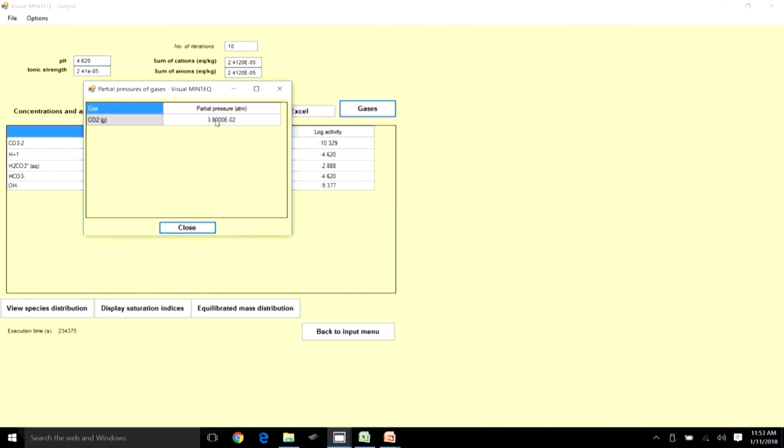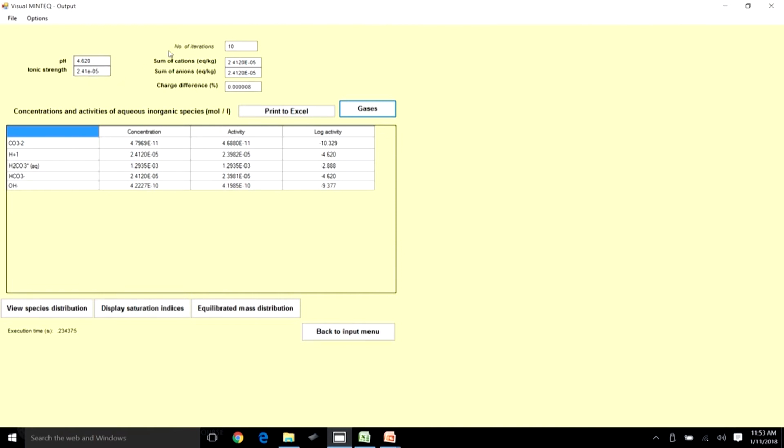And now let's run Mintek, and now again you see that the pH has fallen to 4.6. So what would be the carbon dioxide concentration in equilibrium with your particular system? So again we can look at that. More or less you could see that when the partial pressure was 0.038 atmospheres, it is going to be in equilibrium with your particular system, which is H2CO3 initial concentration of 0.001 molar. Or you can also click on gases here and see that when it is 3.8 into 10 power minus 2 atmospheres, this is the partial pressure of carbon dioxide that will be in equilibrium with your system, given that the relevant species concentrations are such and the pH is such.